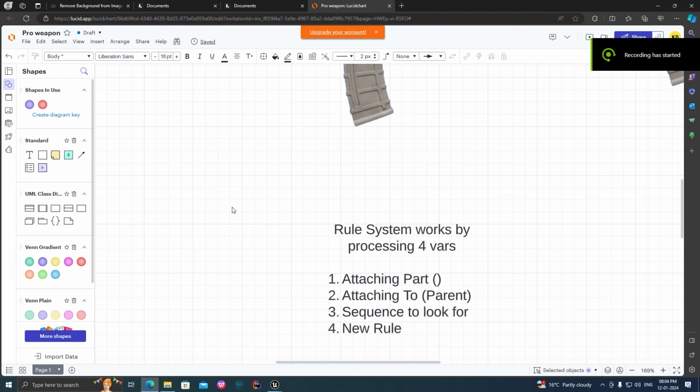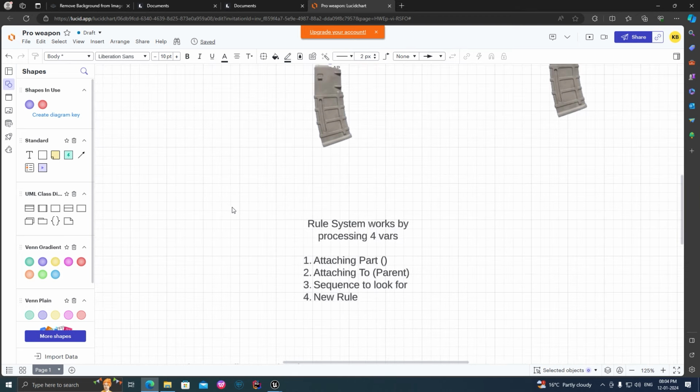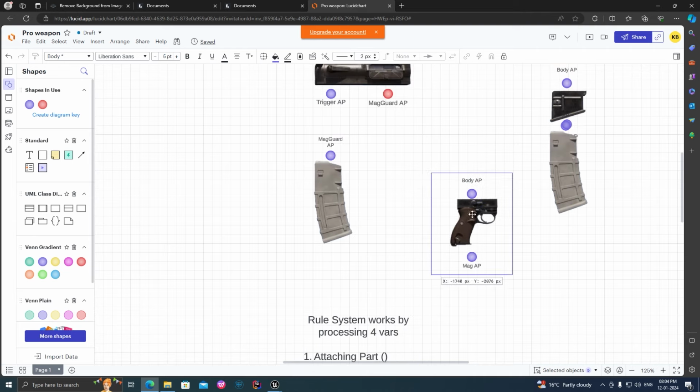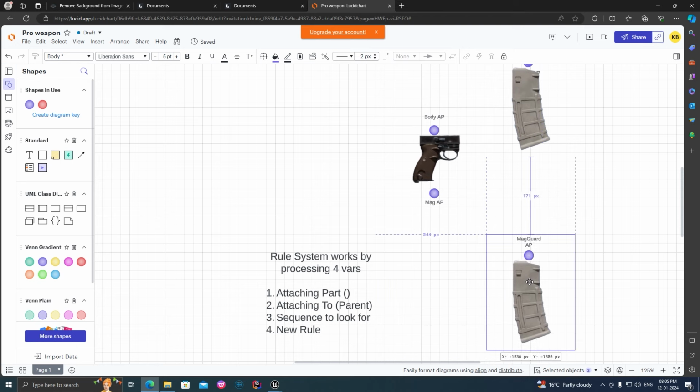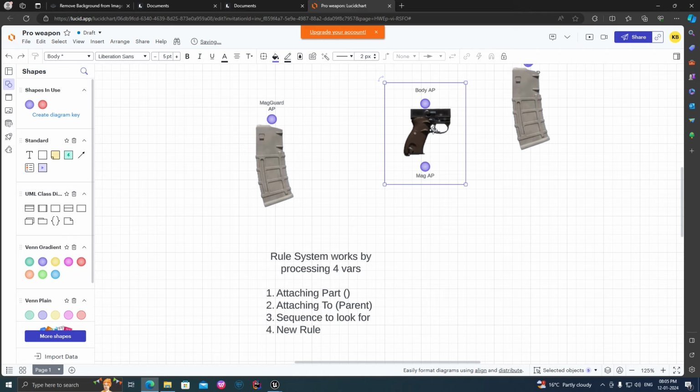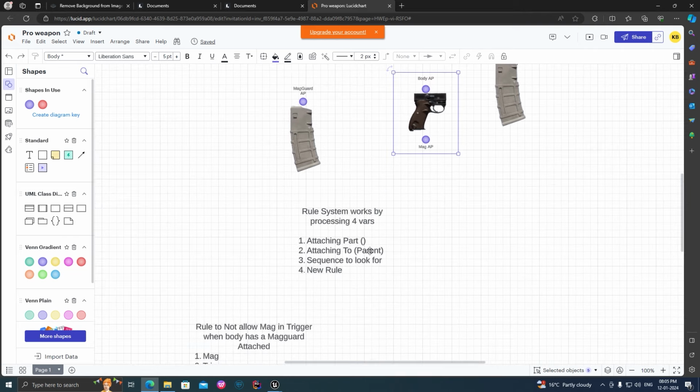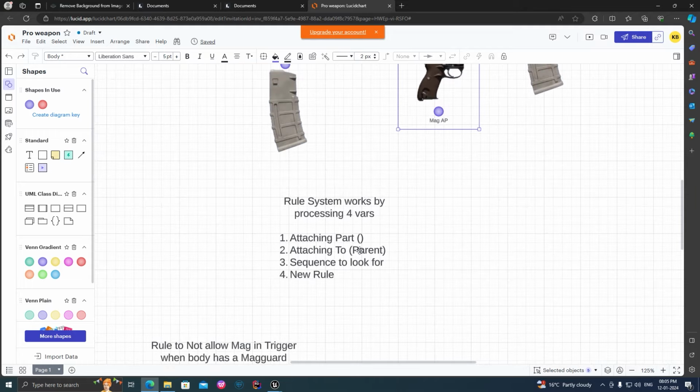The rule system works by taking in or processing 4 values. The first one is the attaching part. This is the part that we are going to be attaching, or that we are trying to attach. The attaching to is the part where we are trying to attach the attaching part. So when we are trying to attach a Mac to a trigger, this is the attaching part, and this is the attaching to, or the parent. The third variable is the sequence that we are looking for, and the fourth is the rule that we are going to set when we find the sequence that we are looking for. Okay,